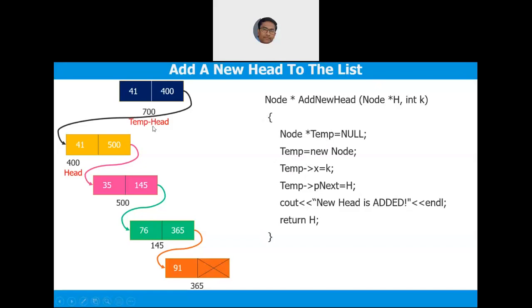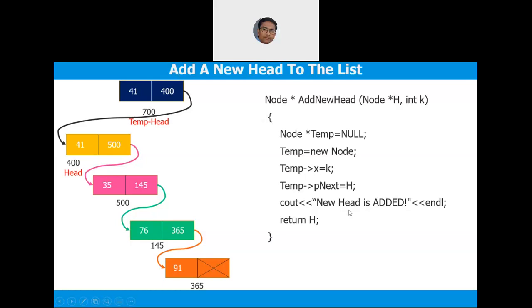Now temp has to be head. Yes or no? That means in the new address you have created, temp arrow x has to be the new value k, which is 41. And temp, which is 700, was earlier pointing to some junk. You take this 400 and keep that into temp arrow next.